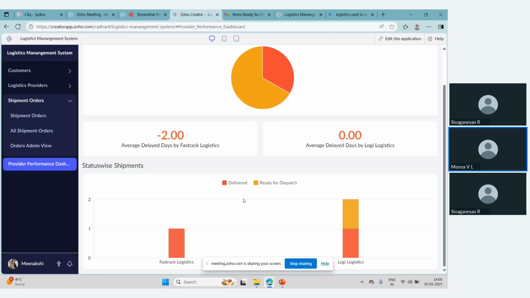So there is one other feature. Once the logistics provider has delivered your goods, they will give you the bill amount of that particular delivery. So there is a possibility of auto capturing the amount charged for each delivery from the bill file that they upload. We can have a file upload field where they will upload the bill, and there is a possibility of having an AI model which can auto capture the bill amount from the uploaded bill, and just have it saved in some field in Zoho Creator, right? So it is possible through Zoho Creator's AI.